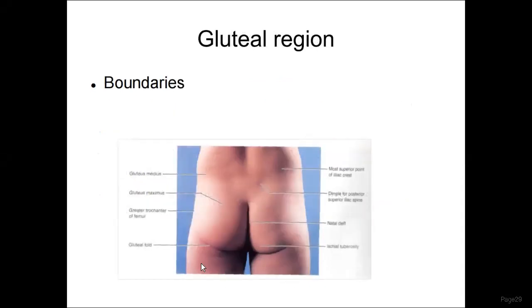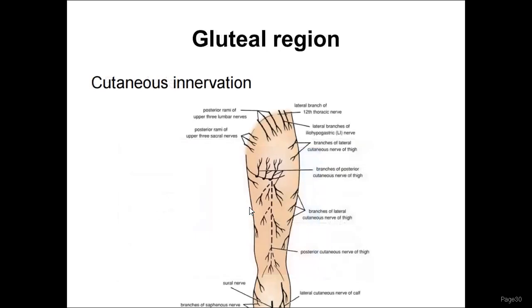So looking at the gluteal region, this is one of the regions of the lower limb that stretches from the iliac crest to the gluteal fold. So this is the gluteal region, right? This region is basically divided into two subregions that are divided by this lateral cleft, all right? So looking at the gluteal region,